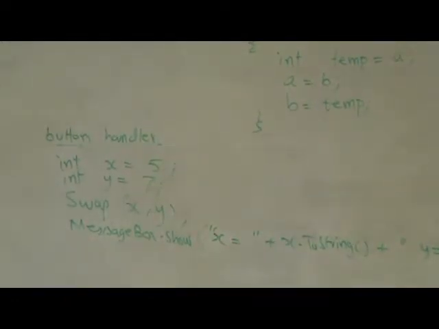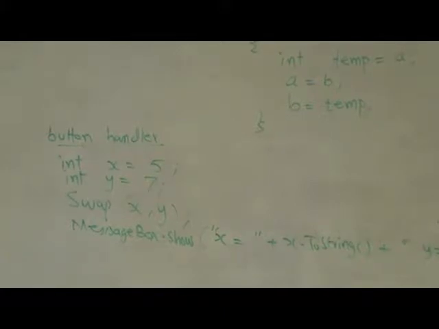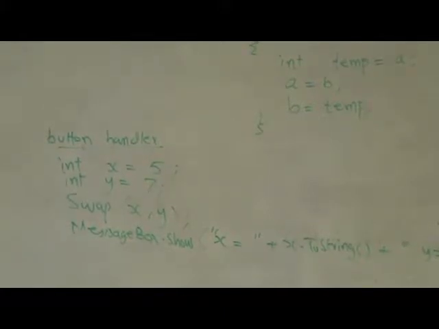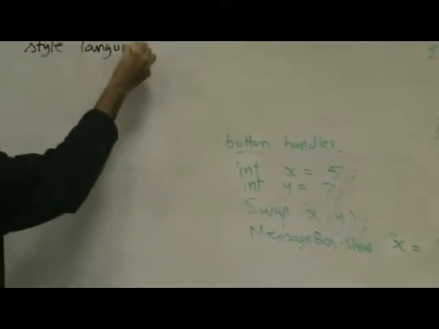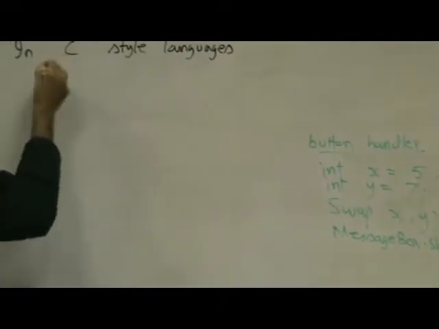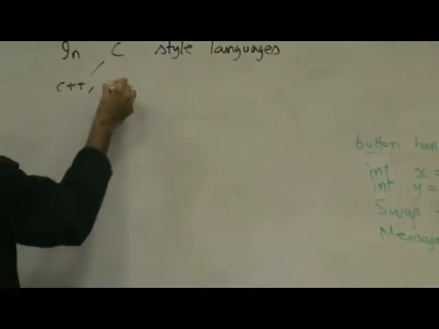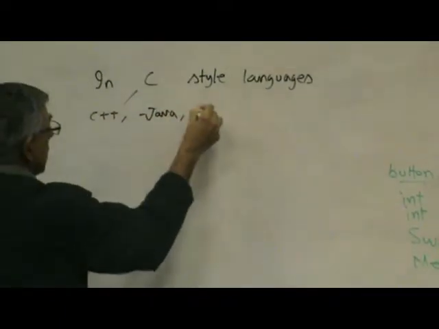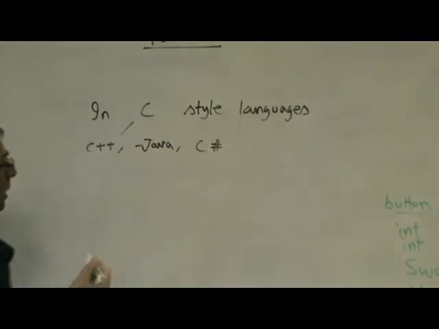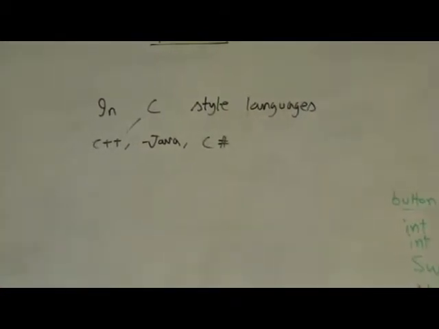If you're not sure, let me describe one fundamental concept. Most of the time, not always, in C-style languages, for example C++, Java, C#, which I refer to as C-style languages,